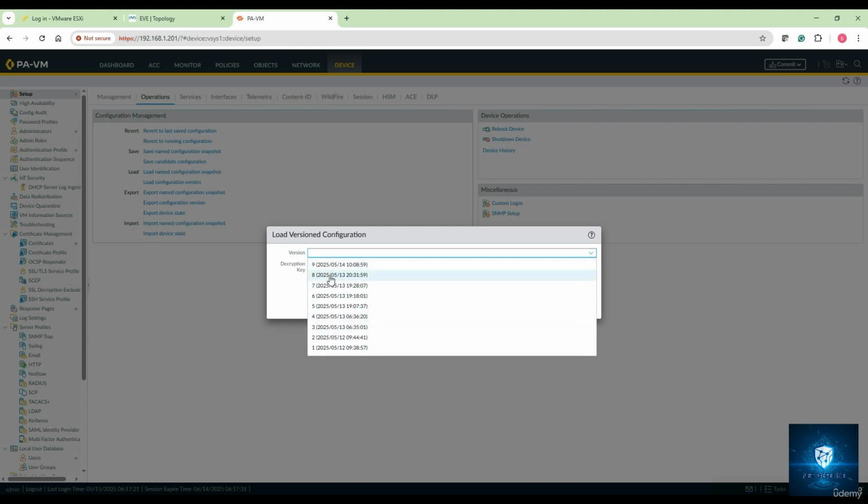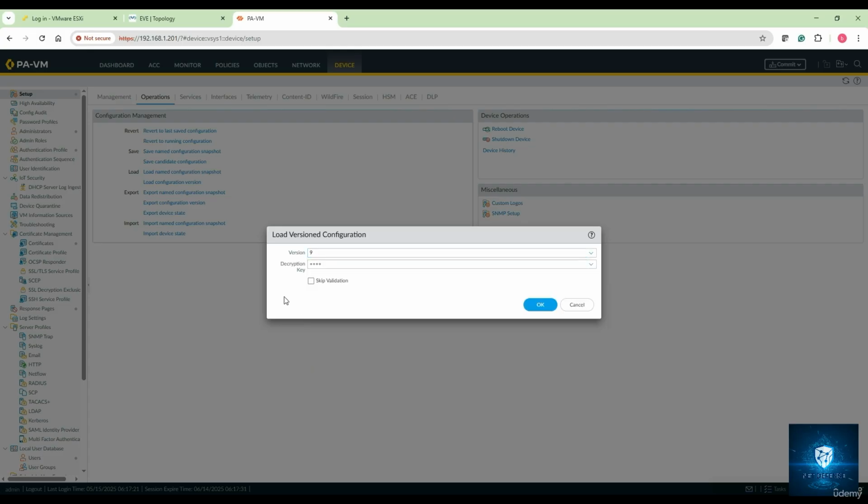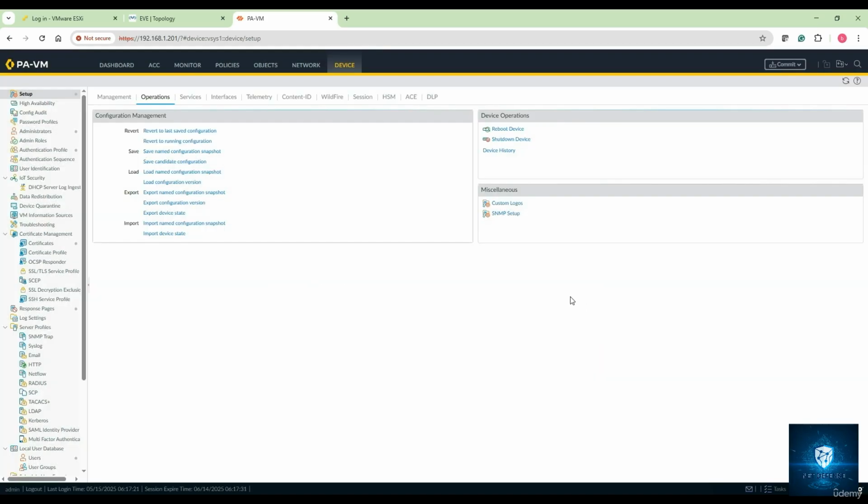So you can go to any earlier committed configuration if you need to, right? For example, you need to go back to a particular date and time where certain configurations were done. You can go and select those versions over here. Okay, so yeah, good to do.